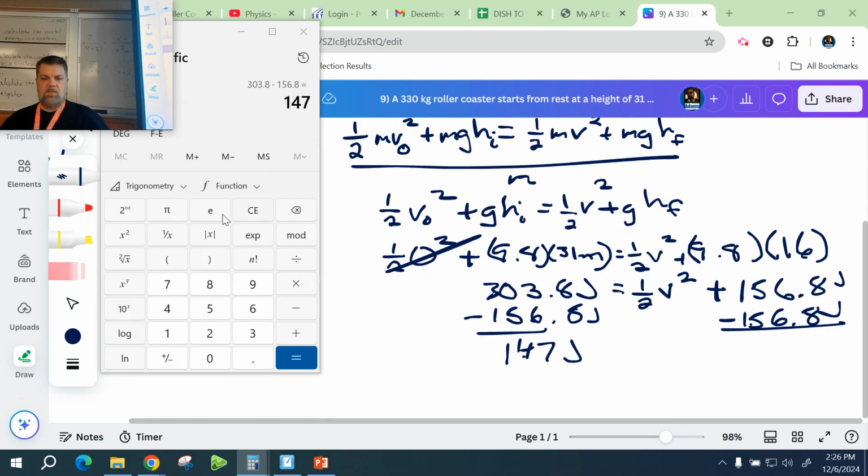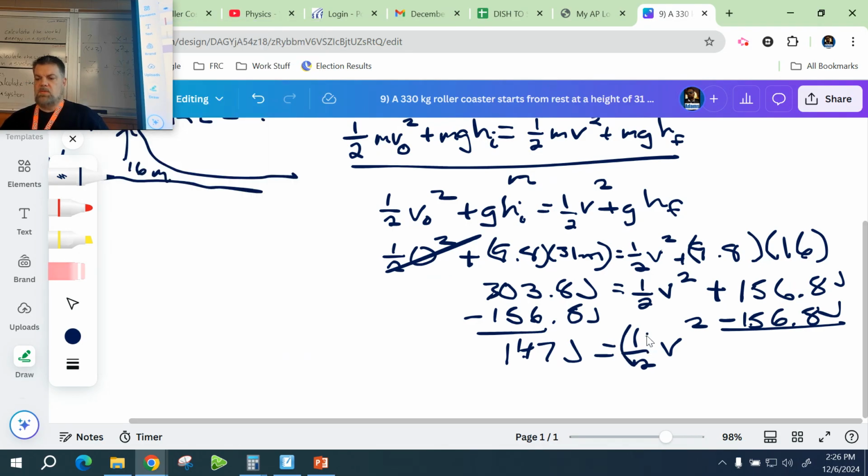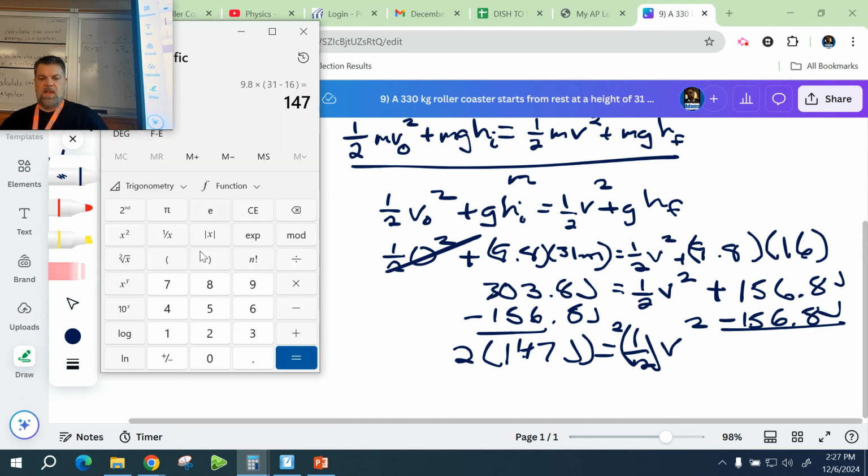Let me just double check my math real quick here. So I'm going to say 9.8 times, in parentheses, 31 minus 16. Yep. Is equal to 1/2 times the final velocity squared. I'm going to multiply this by 2, and I'm going to multiply this by 2. Again, pull out my handy-dandy calculator, multiply this by 2. I get